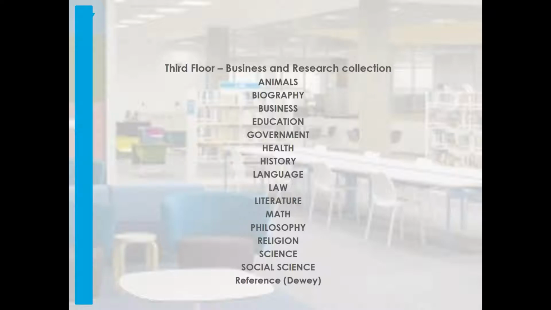So on this slide, you will see a list of all of the subject headings that we have currently housed on our third floor, which is also our business and research collection. We made sure that everything that went onto the third floor was somehow relatable to either business or research. The completion date for the third floor access was January of 2016. The collection was moved to the third floor and was shelved by a moving company. However, collection development then spent many hours checking the shelves, shifting, and fitting the collection onto our new shelves.